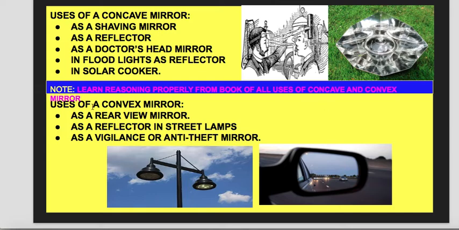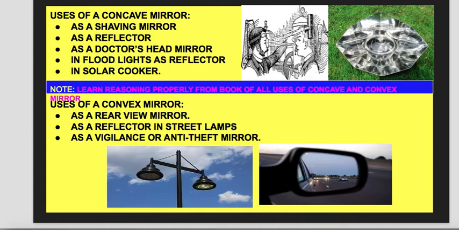Now if I talk about the convex mirror, my dear students, be very clear, it is used as a rear view mirror in the vehicles. We all have seen the vehicles mirror. So we can very clearly understand here the image formed is very small, you can see, and a wider area is what they cover. So such mirrors are actually the convex mirror that we use.